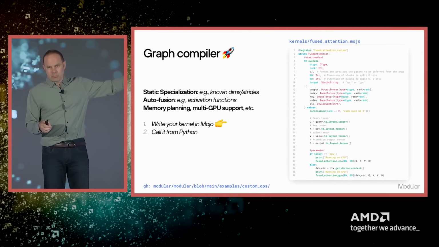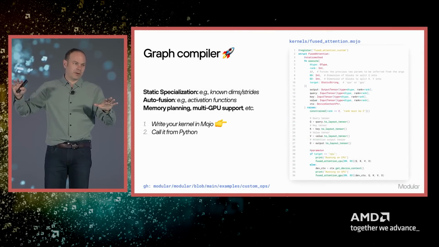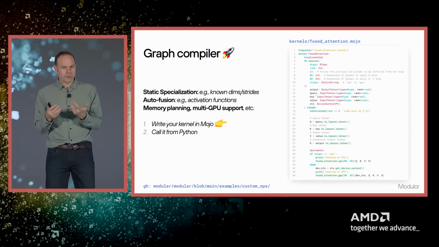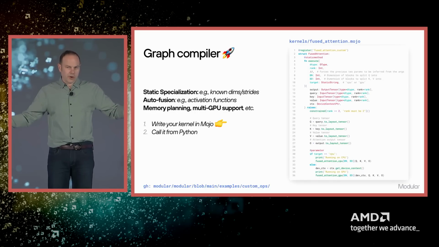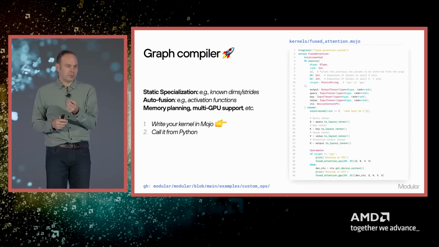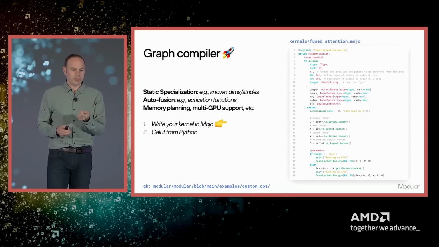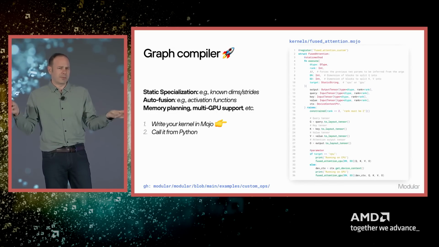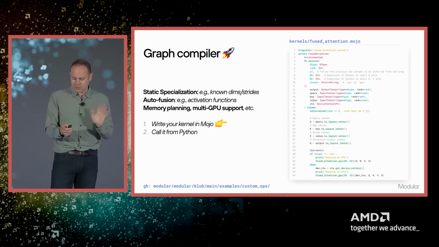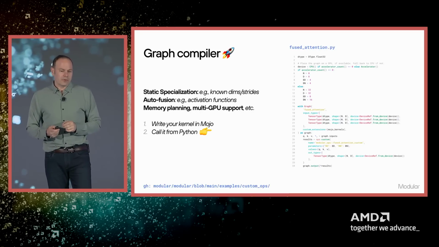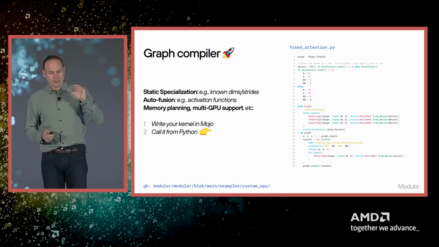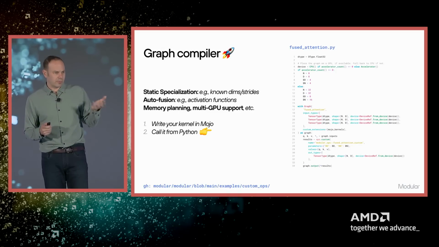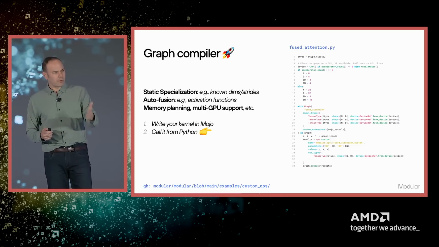And so by integrating Mojo, the source code, and the compiler and the stack with the graph compiler, what we get is this beautiful world where we can have single source of truth for our algorithms. You can have one implementation of, for example, matmul that can scale across multiple different hardware, different generations, different D-types, and all of these kinds of things. But you get specialized implementations, which makes managing and scaling AI a completely different ballgame than what we're used to with hundreds of different permutations of kernels and trying to find them all and manage them and all the nightmare that we're used to. Now, one of the other cool things about this is that you can call this stuff directly from Python. And so, yes, we integrate with PyTorch. You can work directly with these kernels in all the ways that you're used to. And so we love Python for what it's good for. But when you want performance, Mojo is your thing.